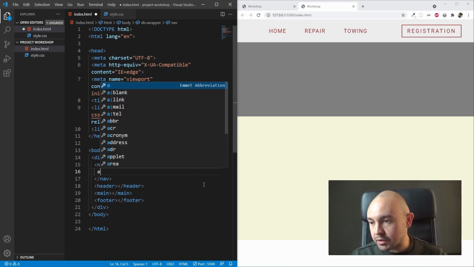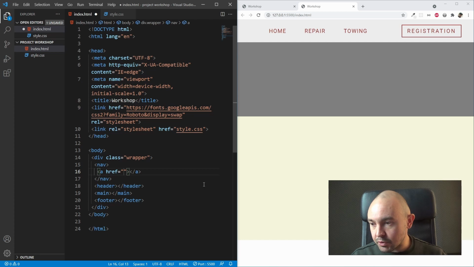We can do it simply by creating each A tag separately, placing in the href attribute the hash symbol. Why am I placing the hash symbol in my A tags? As we know, the href attribute is the actual link where our A tag should lead to. So it could be a subsite of our website, for example, news.html, if we had a news.html file in our catalog, which will lead to another subsite of our website, or to a whole different website, for example,